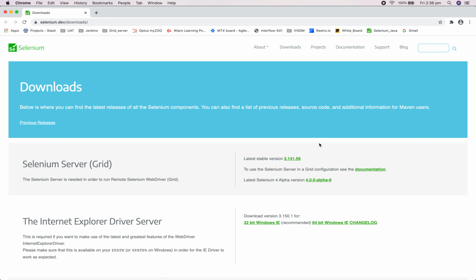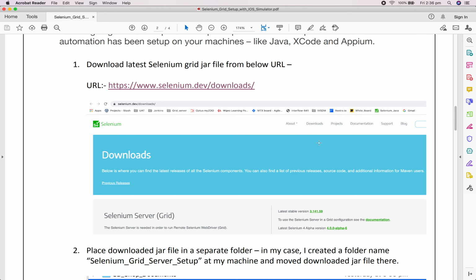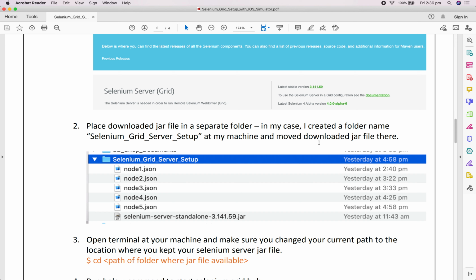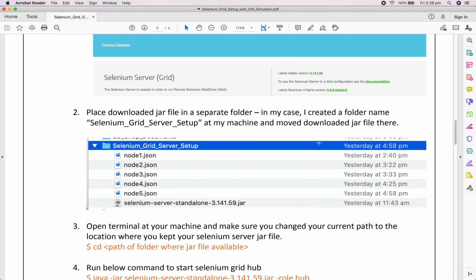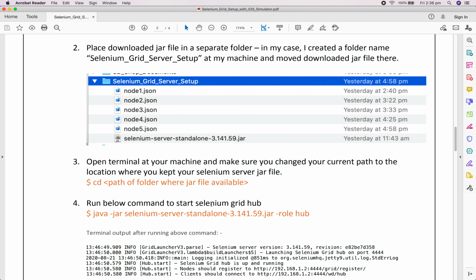Once you are done with this, you need to create a separate folder and move your downloaded jar file there. In my case, I have created a folder called Selenium Grid Server Setup, and there I have moved my downloaded jar file.